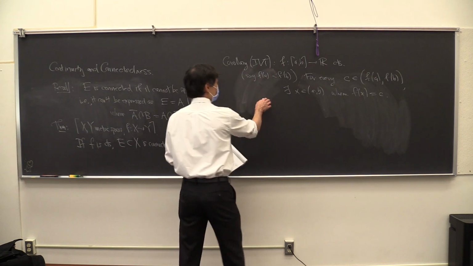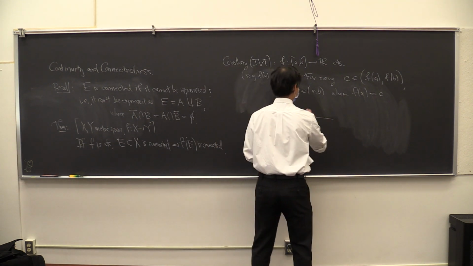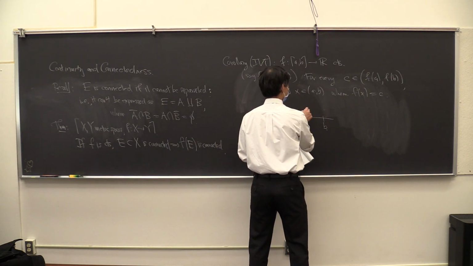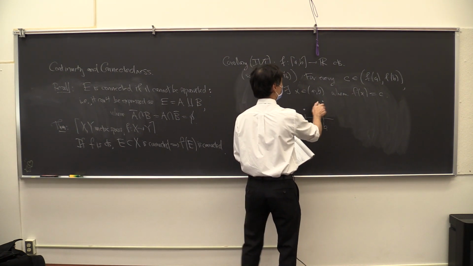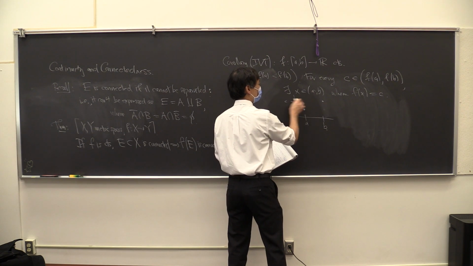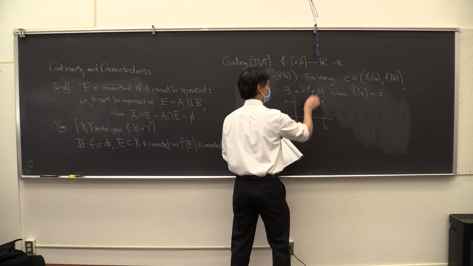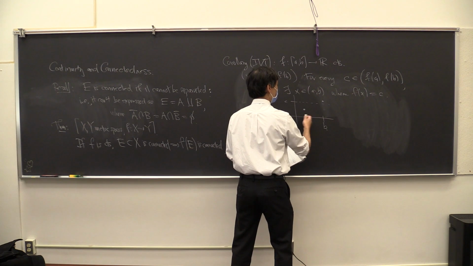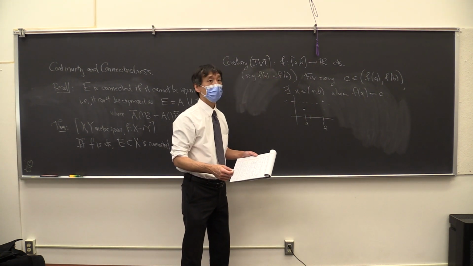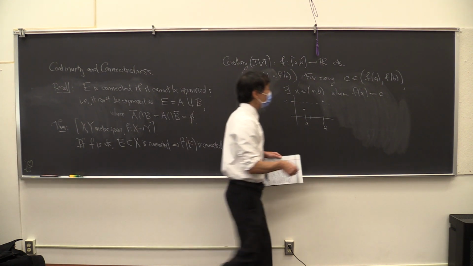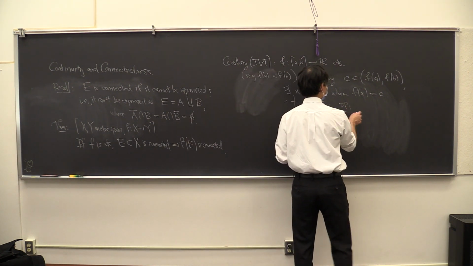Okay, so that's what we were just saying over here, right? You have an A, you have a B. Let's suppose that f of A is less than f of B. You take some value between them, and you're guaranteed a point between A and B where that value is attained. Okay, and the proof is just that